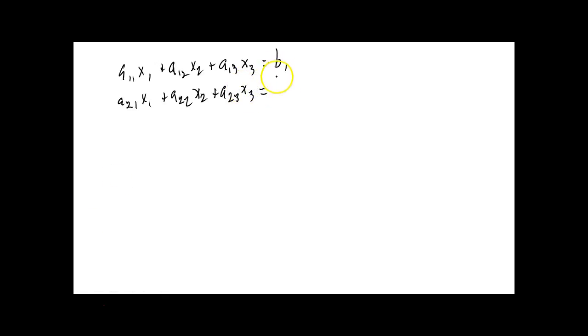Is equal to, guess what that would be? B2. Okay? What would be the next row? A31 x1 plus A32 x2 plus A33 x3 is equal to B3. Okay. If you had a B4, you would need it after. No. Okay, now,